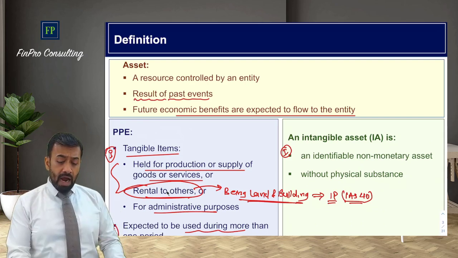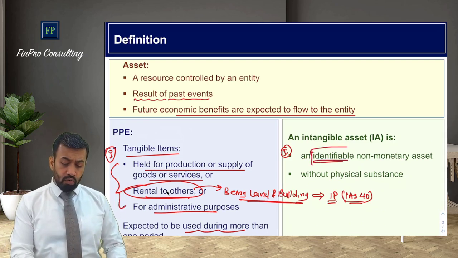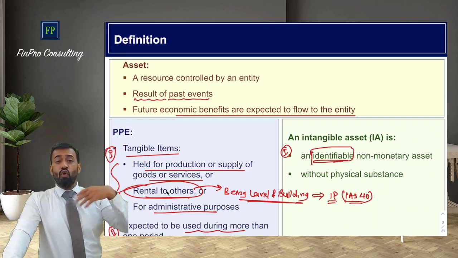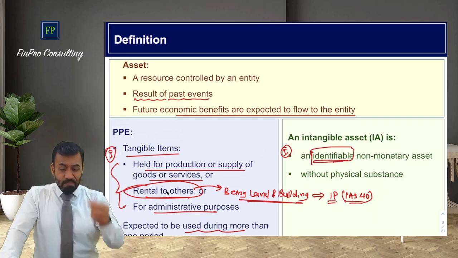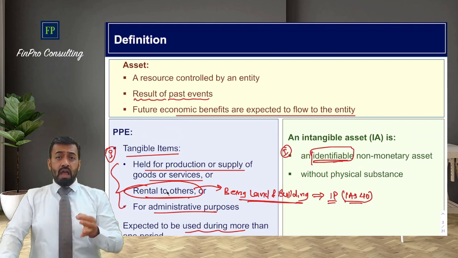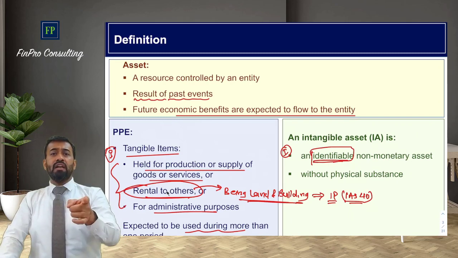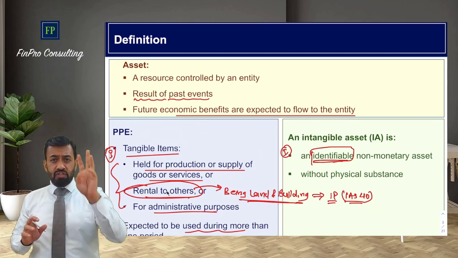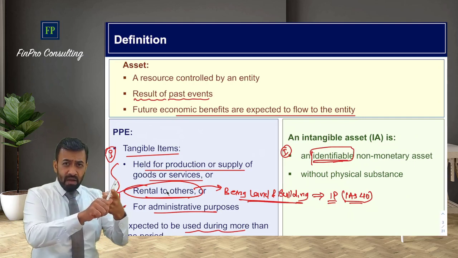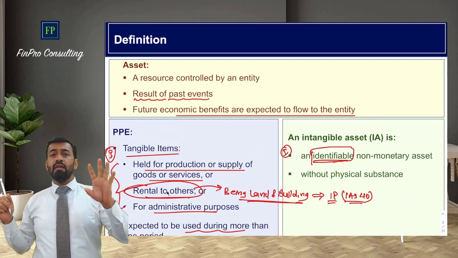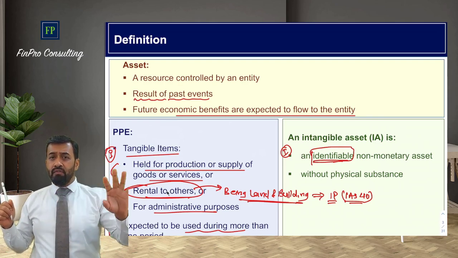Intangible assets are identifiable, a very important word. Whatever language you use, I mean your own words, this must be there in your answer in the exam. Identifiable. And you must explain what is identifiable if you are answering a scenario-based question. If you give these 3 pointers, that identifiable and the meaning of identifiable, then you will get the marks. Otherwise marks will not be given to you.